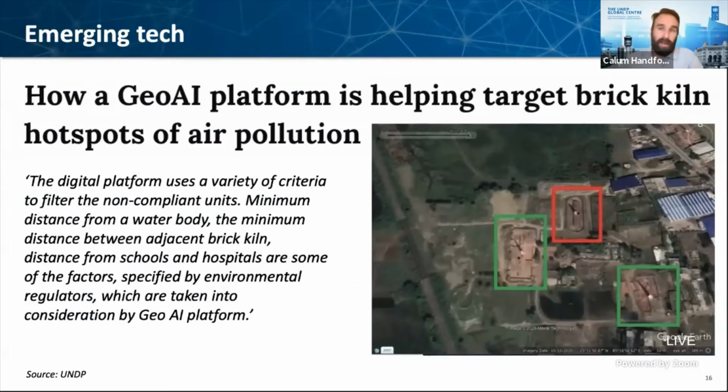We're also seeing a lot of work around emerging technology. AI is a big one. This is an example of some of the work of our UNDP India team. They're using AI to identify brick kilns that are flouting environmental regulations. So tools like AI and related ones like machine learning have enormous potential for a national country's development and to achieve the sustainable development goals. From improving efficiency by automating labor-intensive tasks, through to highlighting new insights and data sets that we couldn't previously analyze.